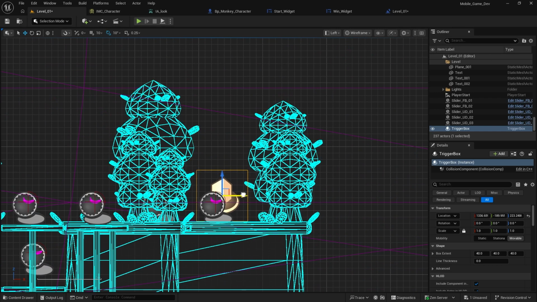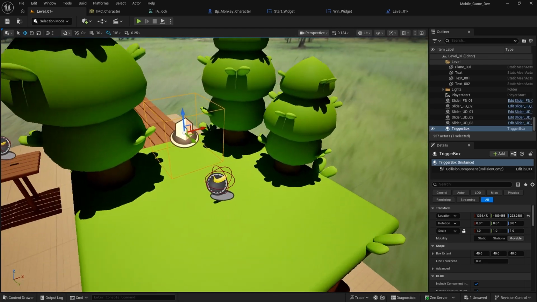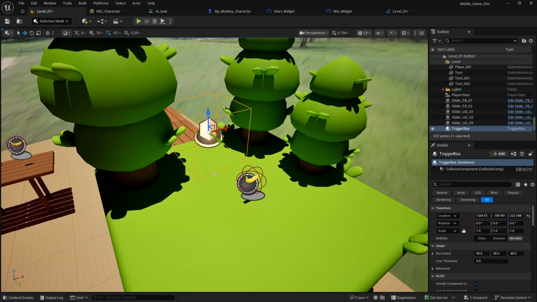Okay, let us go to perspective. Okay, so now whenever my character will come collect this banana and crosses this trigger box, my next widget should